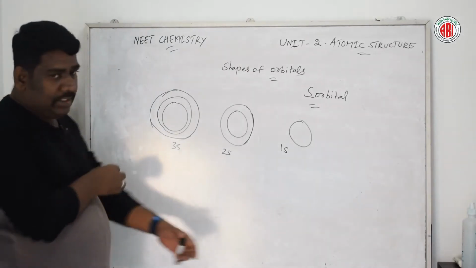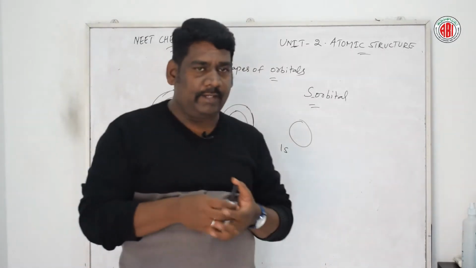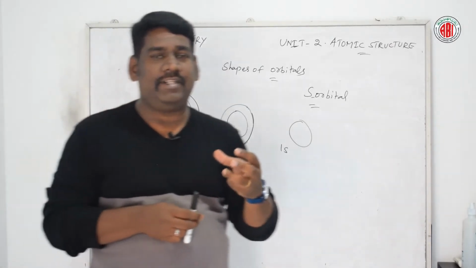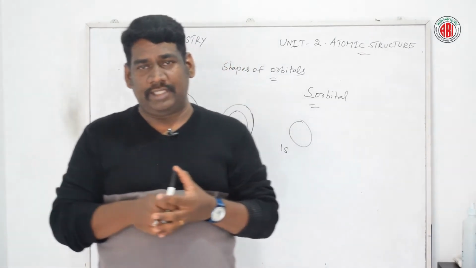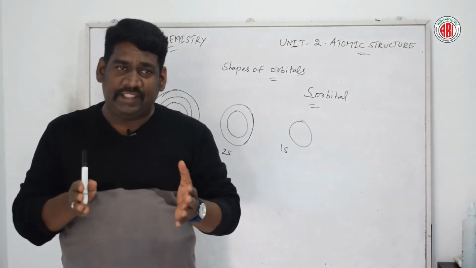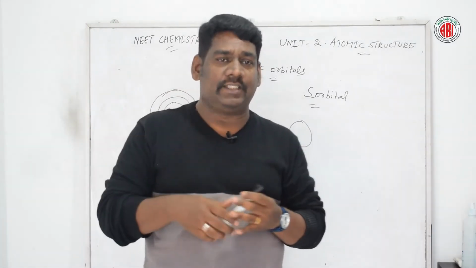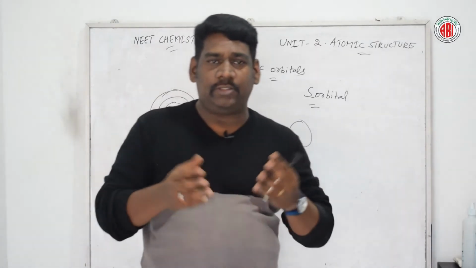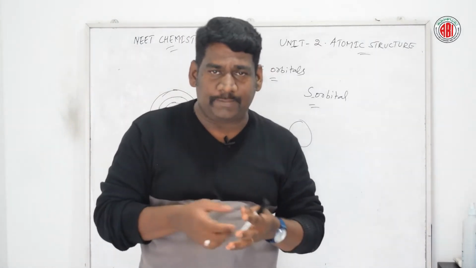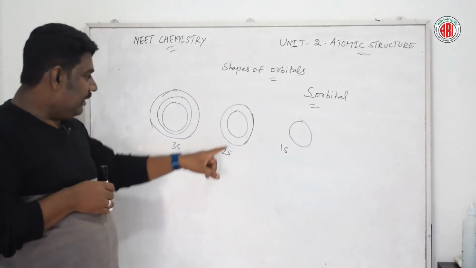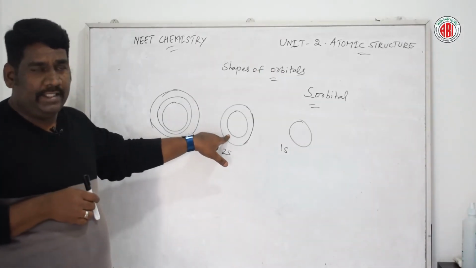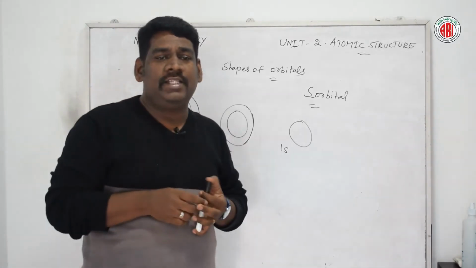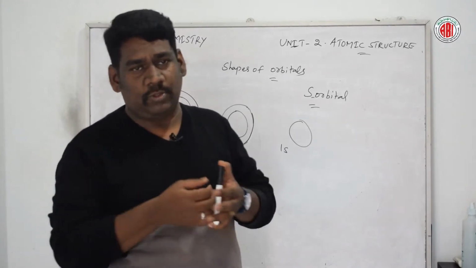You can see the picture of the s orbital and understand it. The density of the charge cloud is maximum at the nucleus, and it decreases with increasing distance from the nucleus for the 1s orbital. Similarly, the 2s orbital is also non-directional and symmetrically spherical. Here you see a region in the 2s orbital where the probability is zero, and that is called a node.